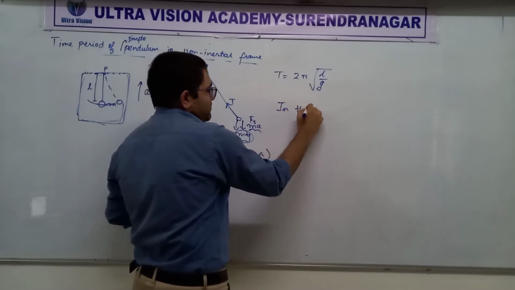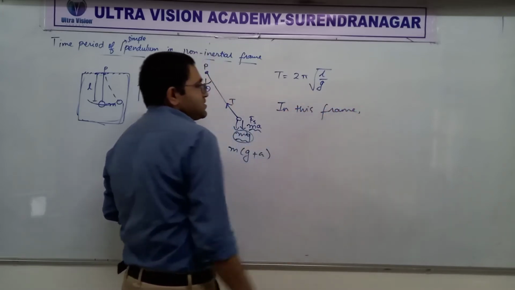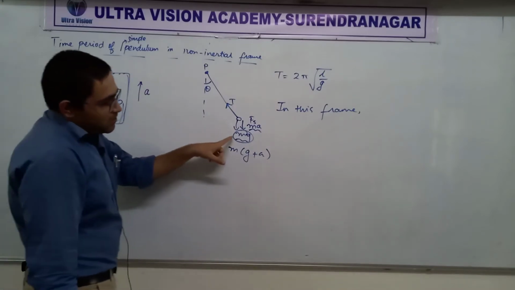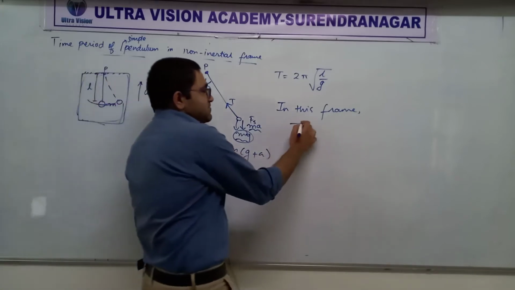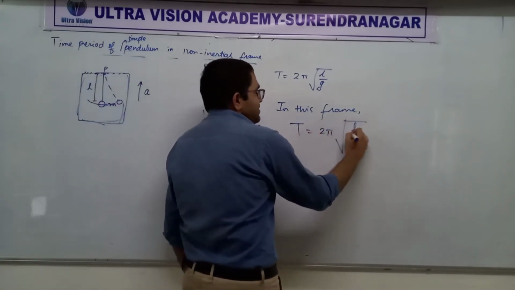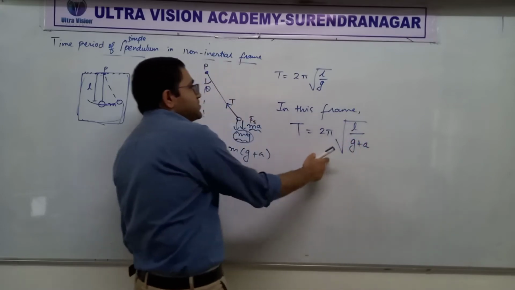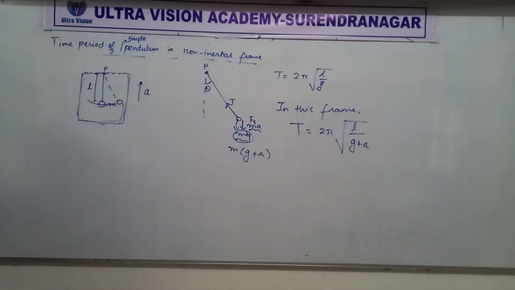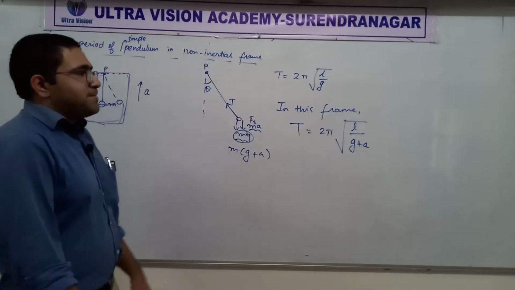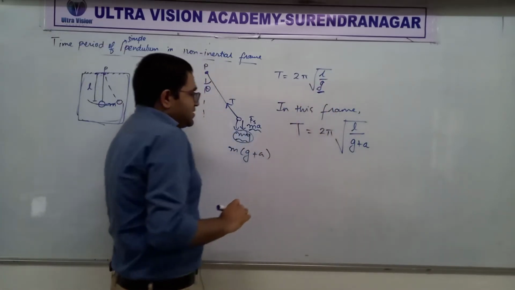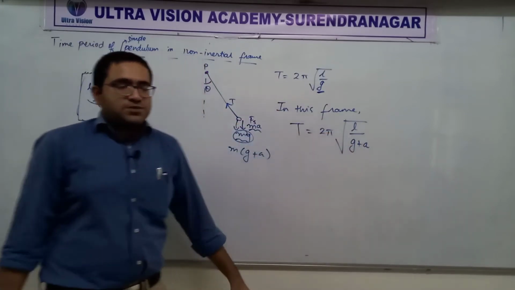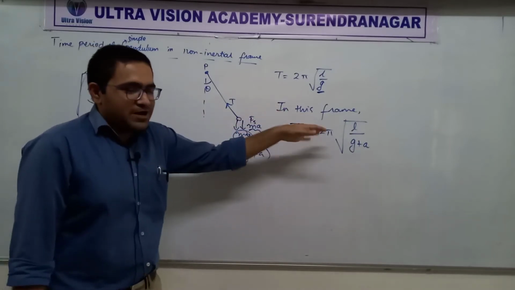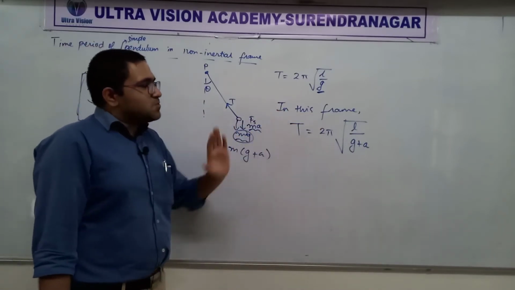So in this frame there will be a similar change, because mg was the force. Now it is not just mg but m(g plus a). So in this frame, by using a similar idea and repeating all the steps, we get this. Is this understood? We are not going through the whole derivation, there is really no need. All the math, all the steps, they are the same. Again, if this is g here with only mg, now we have m(g plus a). So because of that, this is going to change. Of course, you can prove this by taking torque and all that. I'm not going into that. So this is what you get.